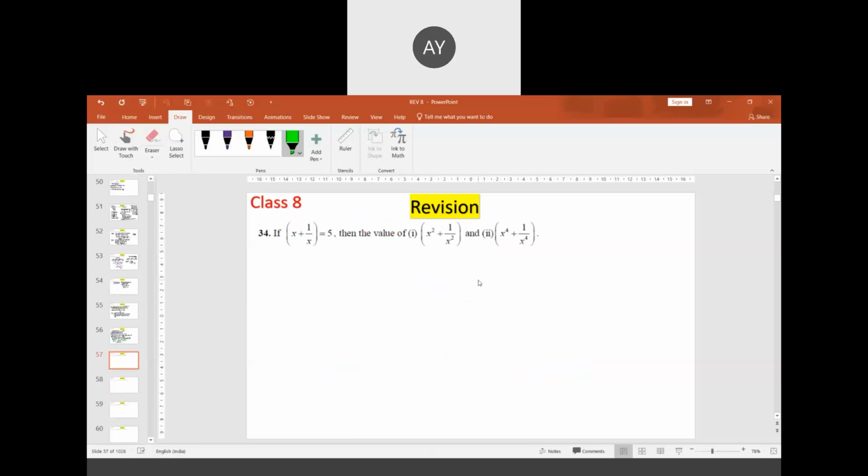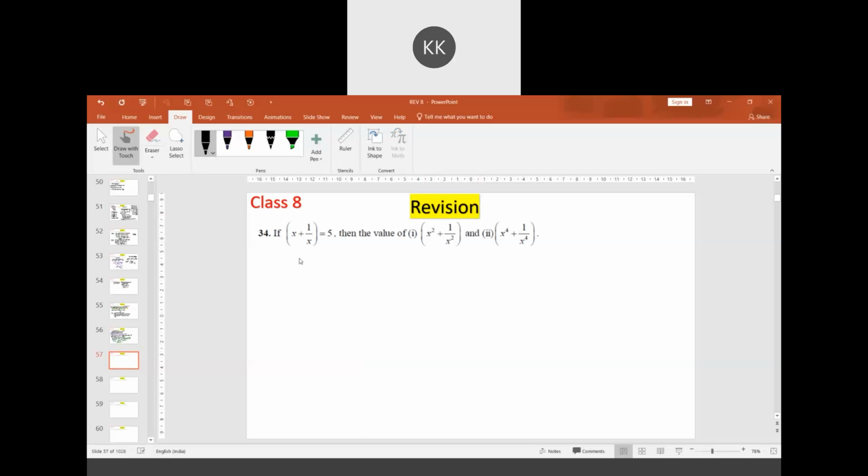This type of question we had done. We need to square on both sides. Then we have to transpose this. The answer for this will be 23, sir. How to obtain the answer for this? 21, sir. The result, whatever we get here now, that should be squared, not 23, not 21. It is more than that.